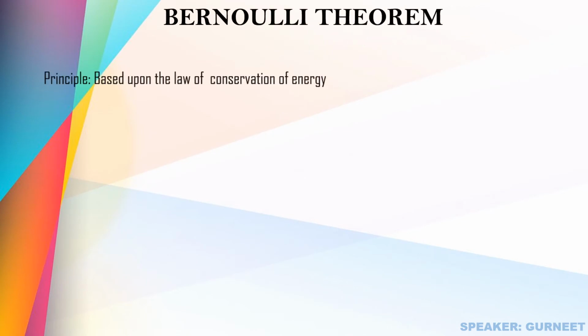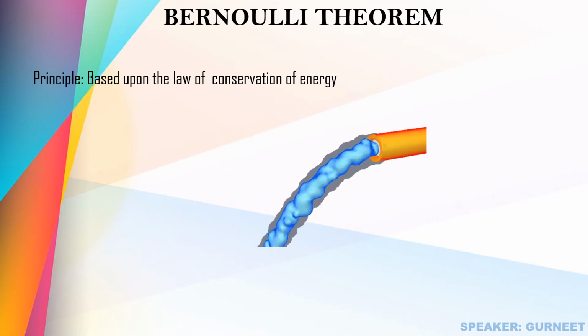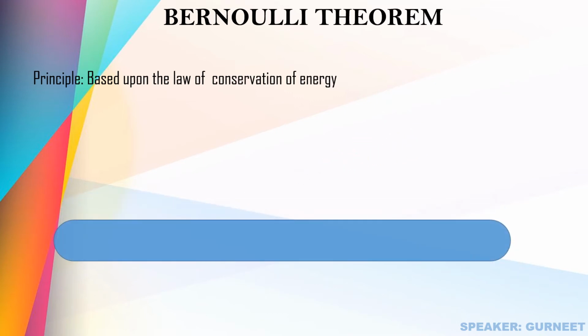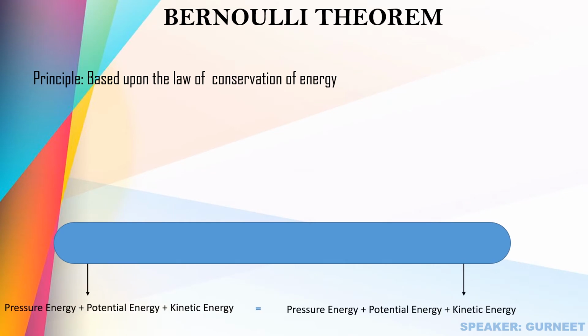Bernoulli principle is based upon the law of conservation of energy. That is, energy is conserved and we can convert energy from one form to another. If some liquid is flowing, it has some energy and that won't change. That is, at one point of the pipe, the pressure energy, kinetic energy and potential energy are the same as at another point of the pipe. So on this principle, we will fit a device called venturimeter when there is flow in water. If we can find how much the pressure is decreased, we can find the velocity of water, and from that we can find the discharge of water.